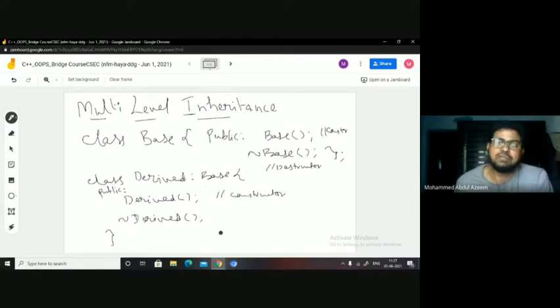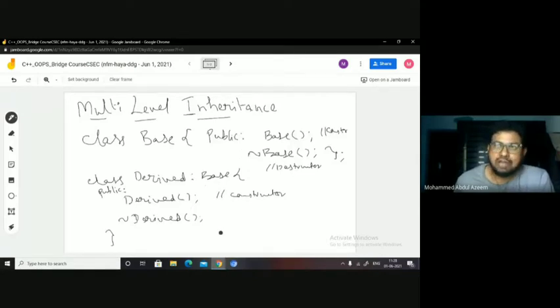But you have the base class members memory as well associated with that particular derived class object, which can be deallocated only when the base class destructor is invoked. Because in the base class destructor, you define how to deallocate the memory occupied by the base class members, right? So in order to deallocate the base class members memory associated with a derived class object, the base class destructor must be called.